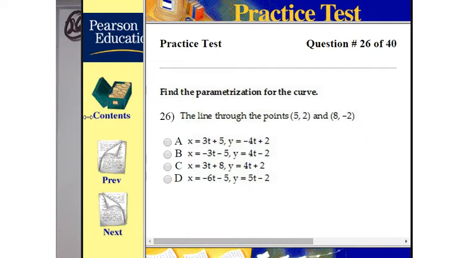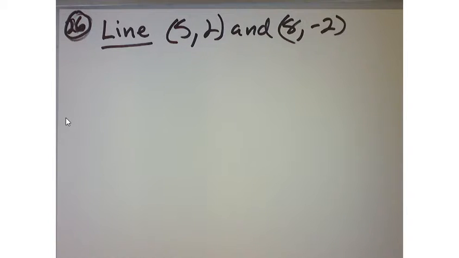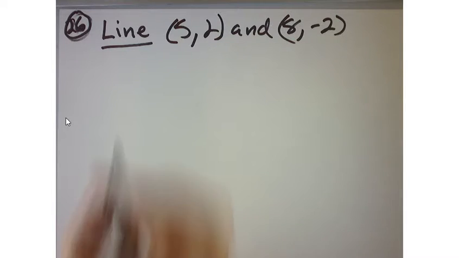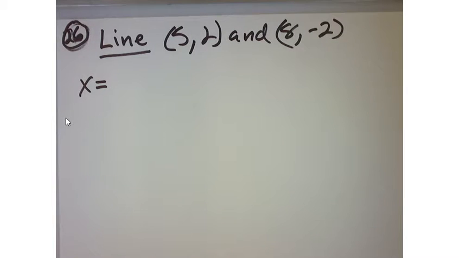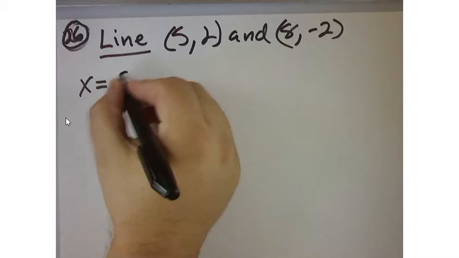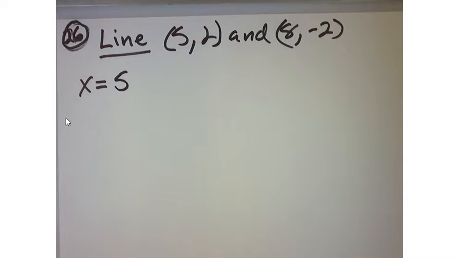there are lots of ways that you could write this, but let's start with this. So it says a line that goes through the point (5, 2) and (8, -2). So what you could write is you could start with x is equal to, and we're going to just arbitrarily choose the first x term, right? And then we're going to say